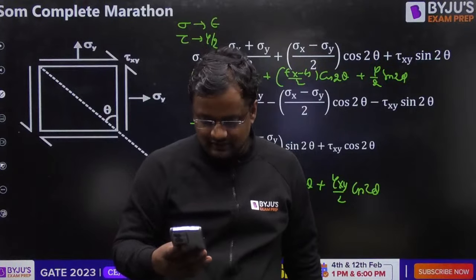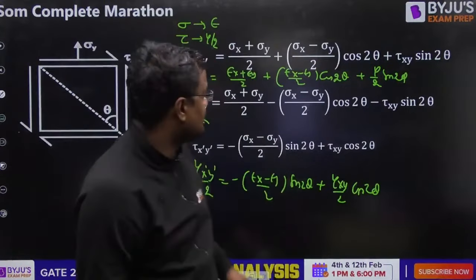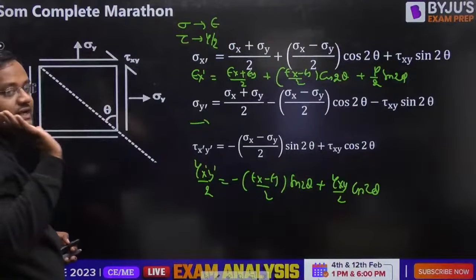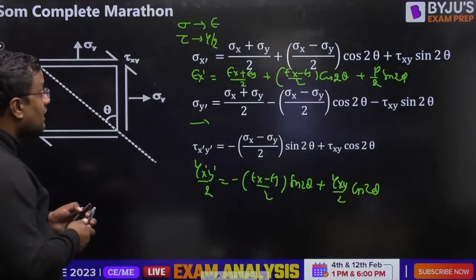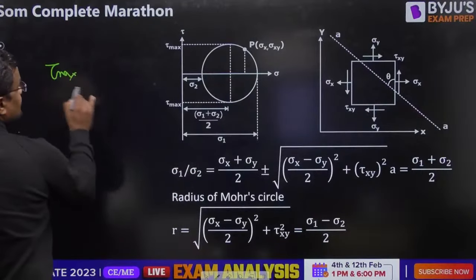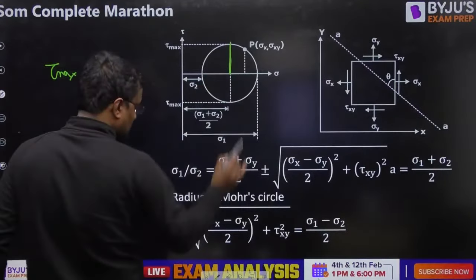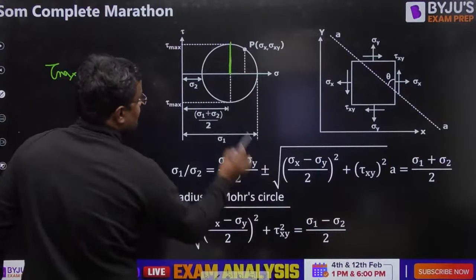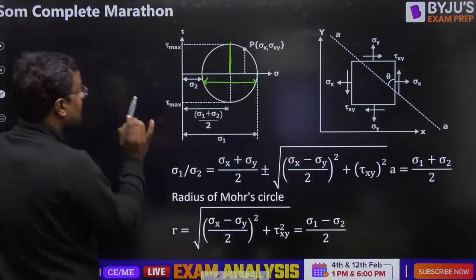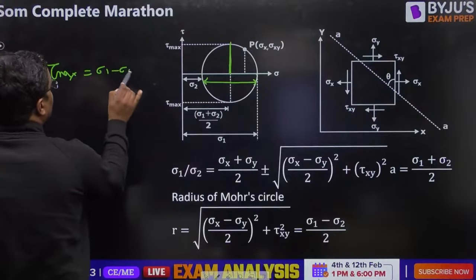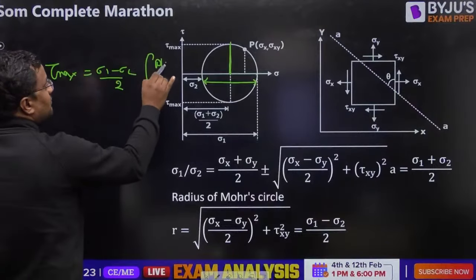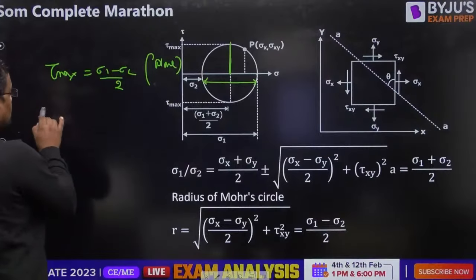So guys, whatever the things are for stress, the same thing will be for strain. Instead of sigma, you have to write epsilon. And one more thing: tau max is either the radius, this one, or sigma 1 minus sigma 2 is the diameter, so it is sigma 1 minus sigma 2 by 2. That is for plane condition, for 2D condition. For absolute, meaning 3D condition,